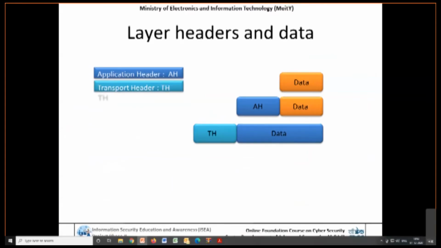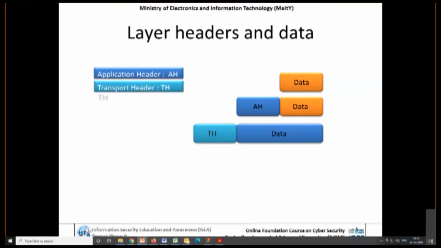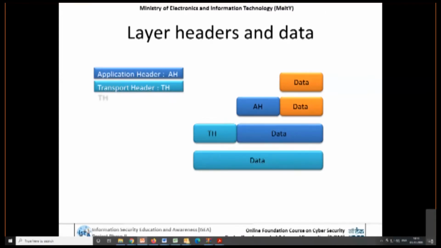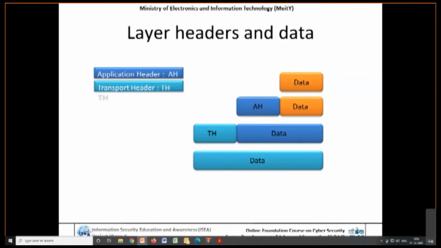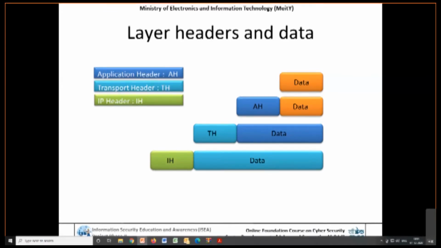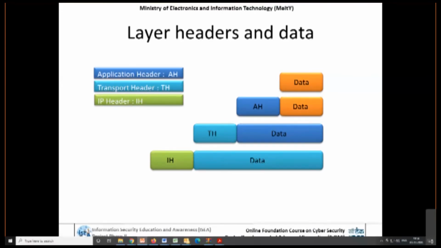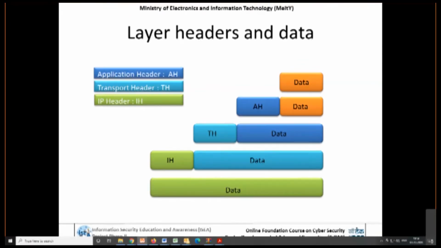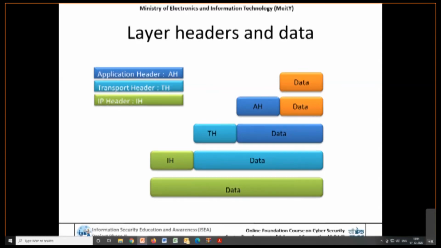After adding the transport layer header, it becomes transport layer data. When it is the internet layer or IP layer, the internet header is added. That means the IP address and everything is added here. Then it becomes internet layer, network layer address data.